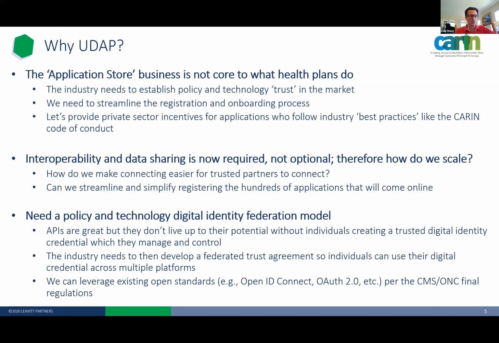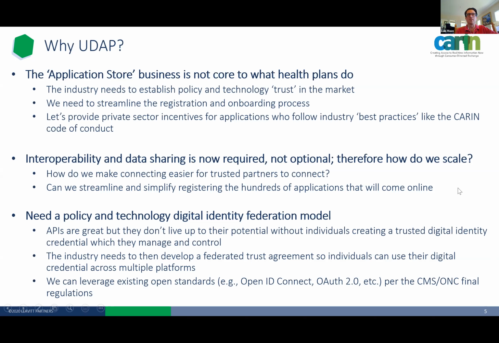And the credentials, or the certifications and endorsements, the last thing I mentioned, gives client applications a way to advertise or present information to these data holders about additional certifications that they may have achieved or additional best practices that they may be following, like the CARIN Code of Conduct. So by adopting this framework and implementing this on the data holder side and in the client app implementations, we're providing a mechanism and in fact even an incentive for the applications to follow these best practices and to share information about it. So there are lots of ways that this can work, and I'll cover a little bit in the next slide too, but